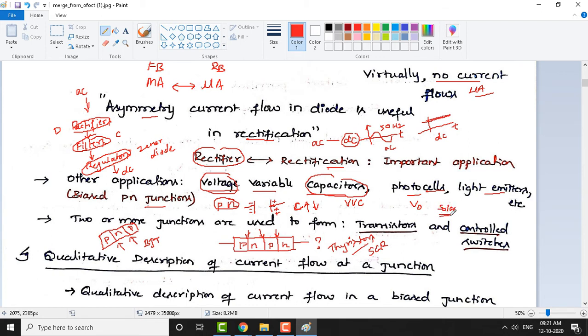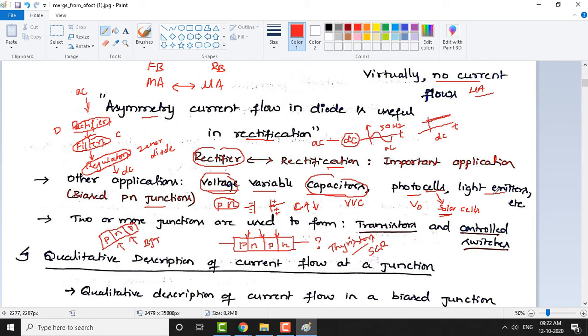If you look at the characteristics of a p-n junction, and you operate in a specific quadrant or specific region, you can make use of these p-n junctions as solar cells, where it acts like a source of energy. Every p-n junction will generate a small amount of potential, and if you connect them in series, it can produce a big voltage. So that's an application of the p-n junction as solar cells.